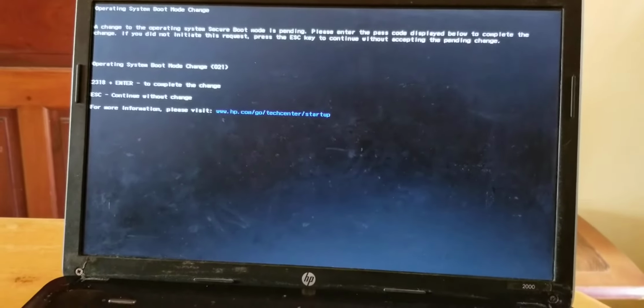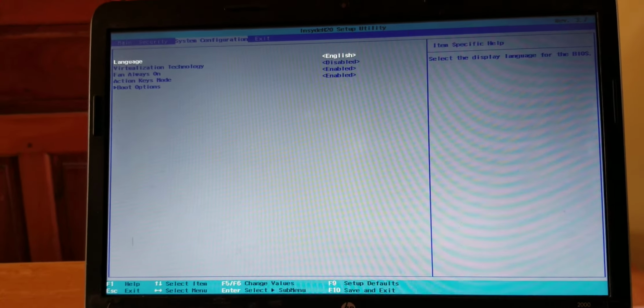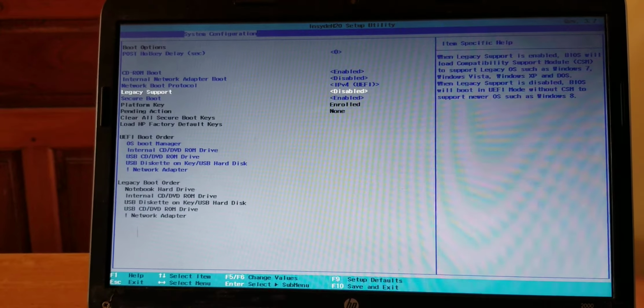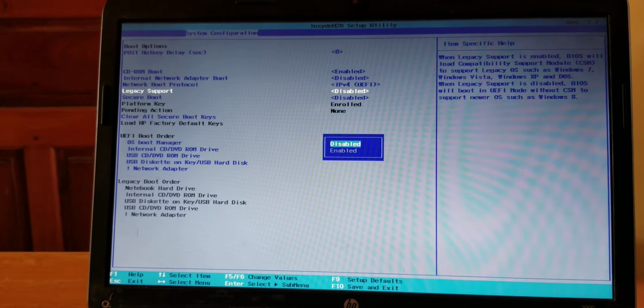So in my case, on this piece, I have issues with the system password, the system battery. It goes off, so it resets the changes, but I'm going to go back again and do system configurations. I'll go to boot options and see this. I disable this, then I enable this,